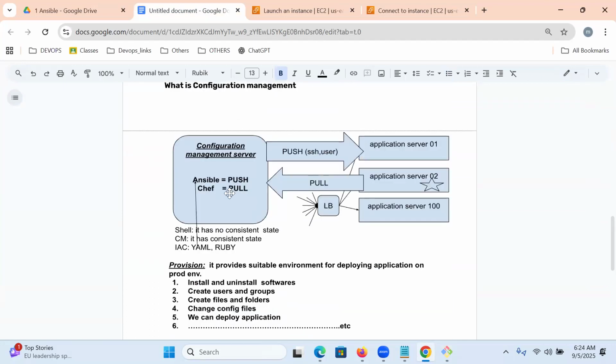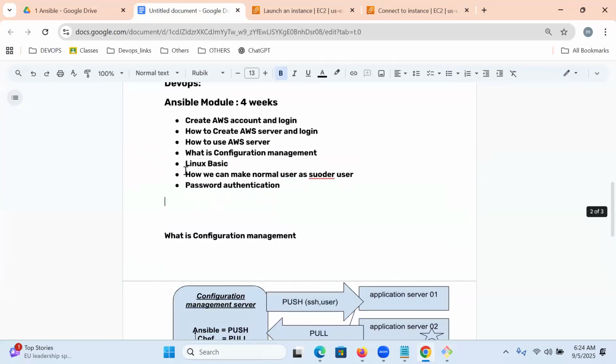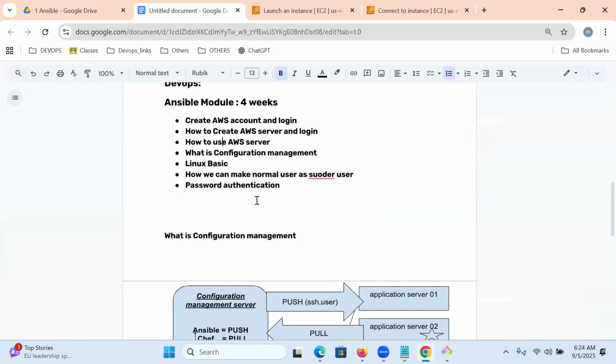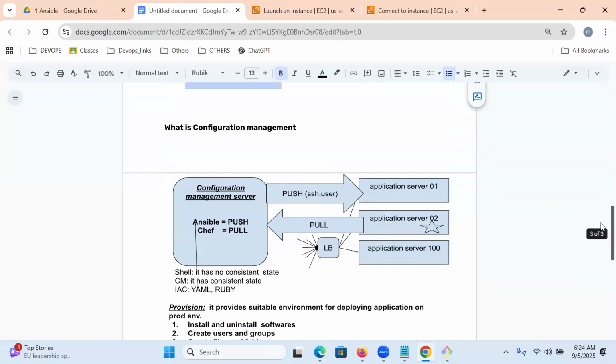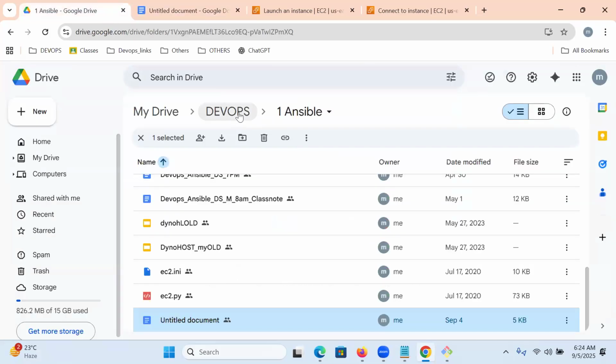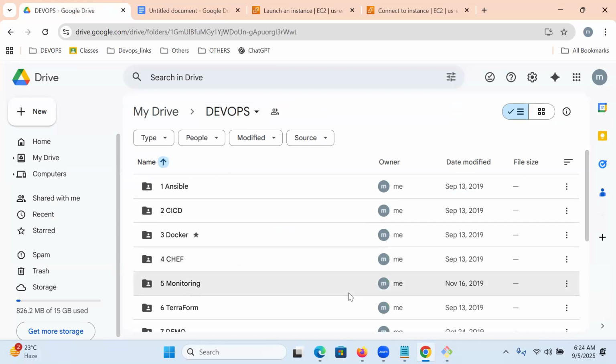We can make it an Ansible server, an Ansible node, a production server, a Jenkins, or anything. But before that, we need to understand the Linux basics, guys, please. Today, let us start with Linux basics. After completion of Linux basics, we are going to start with Ansible, configuration management with Ansible. Please, once again, open the Linux slides.